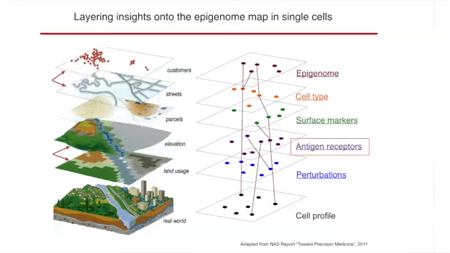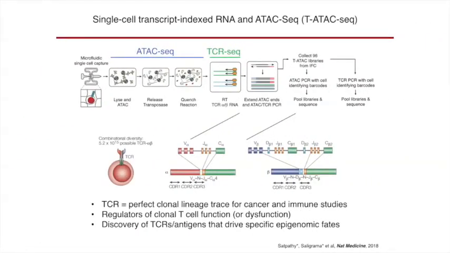Can we now take epigenomics to a single cell scale and then integrate it with other types of information? So I'll show you 2 examples. One is probably the one that you all are most interested in, which is integrating epigenomic information with some information about the antigen specificity of that T cell. Okay, and so TCR alpha and beta sequence from that cell. So we call this method transcript indexed ATAC-seq, or T-ATAC-seq. And essentially you can do this either using a microfluidic device or single cell sorting, and I'll show you examples of both,